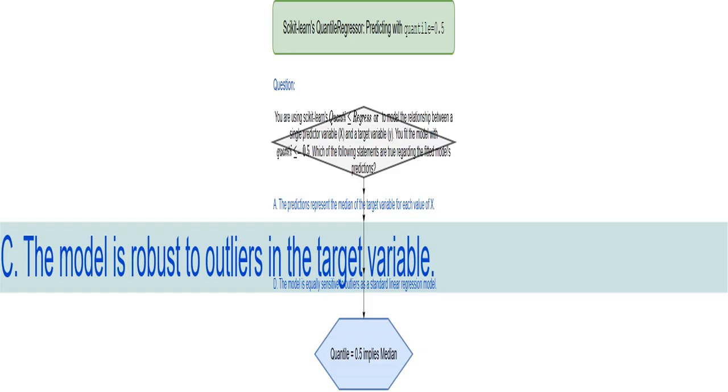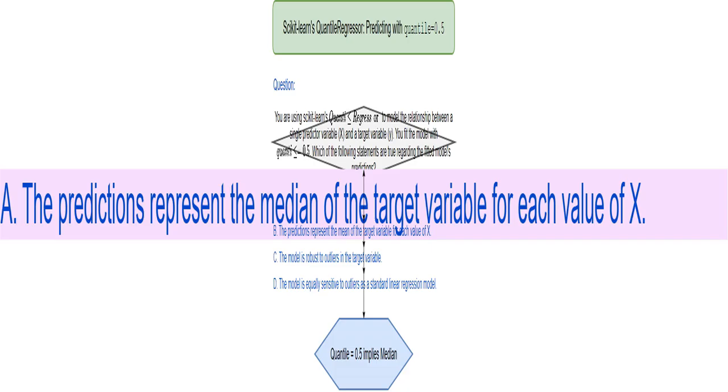Because the median is less sensitive to extreme values, or outliers, than the mean, average, our model is better equipped to handle those noisy data points. A few extreme values won't drastically change the model's predictions like they would with a model based on the average. This statement is true. Since I set quantile to 0.5, the model will predict the median, which is the middle value, of the target variable, y, for each unique input value, x.